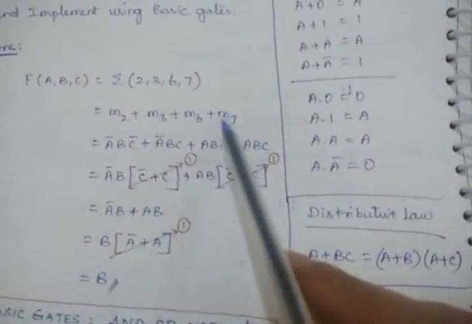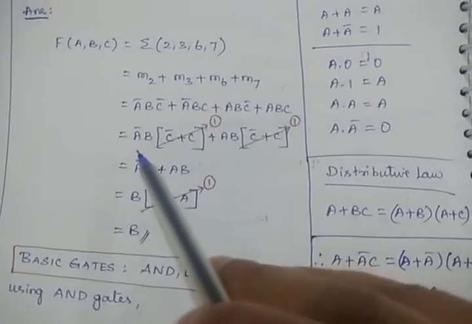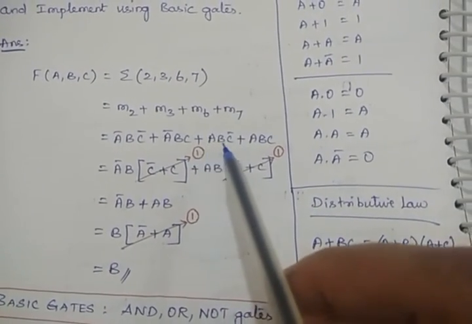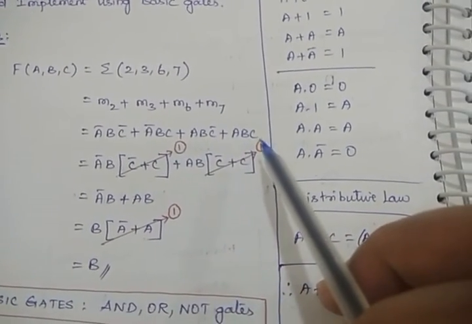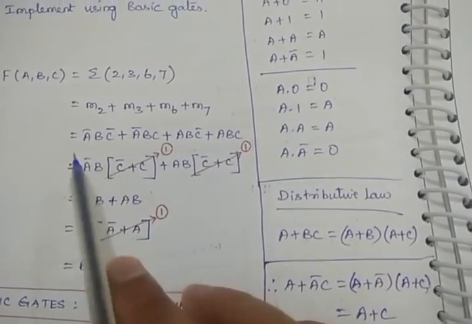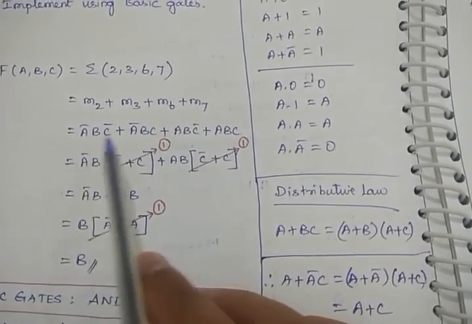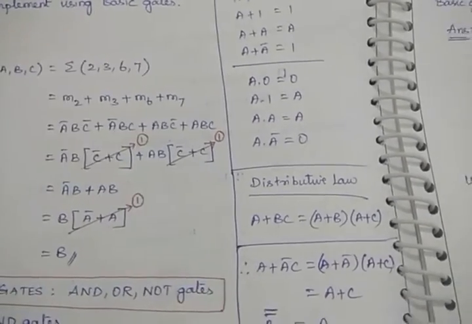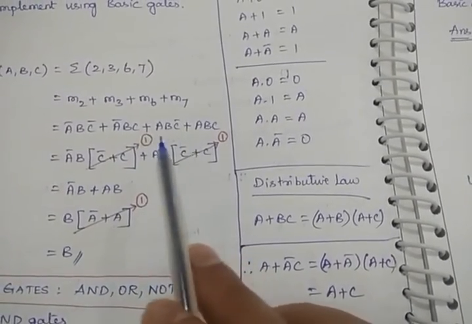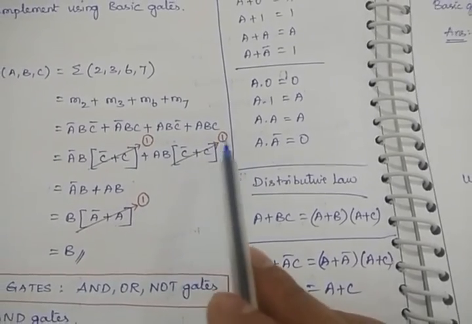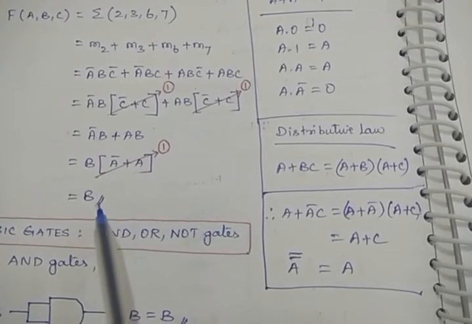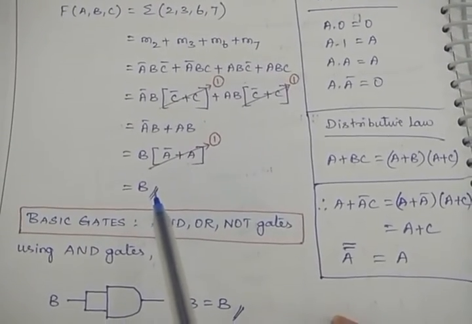For these 4 min term values: a bar b c bar plus a bar b c plus a b c bar plus a b c. And from here you can take a bar b out, then c bar plus c is 1, and here a b you take out and this becomes 1. So finally after simplification, you got b, and this b we are going to implement by using basic